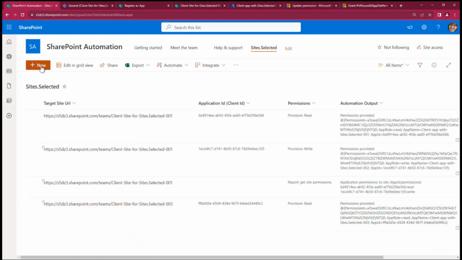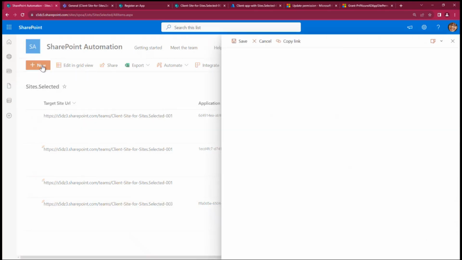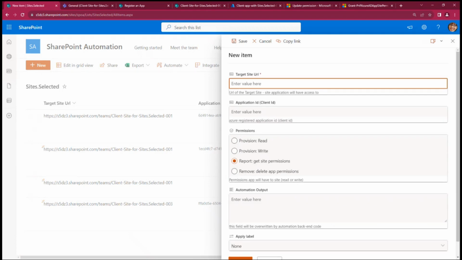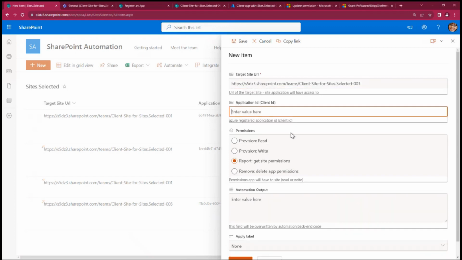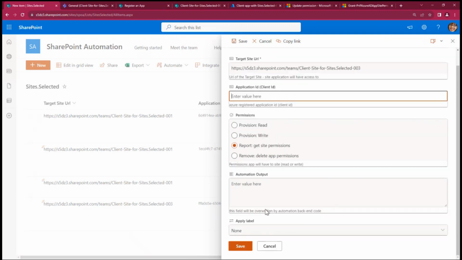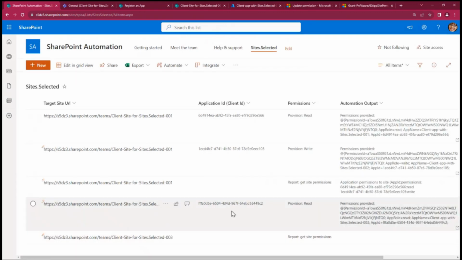Now let me try another request. So this time for the same site, I would just request permissions. Okay, I saved my request. I'll wait another 5 minutes, but meantime, let me try to